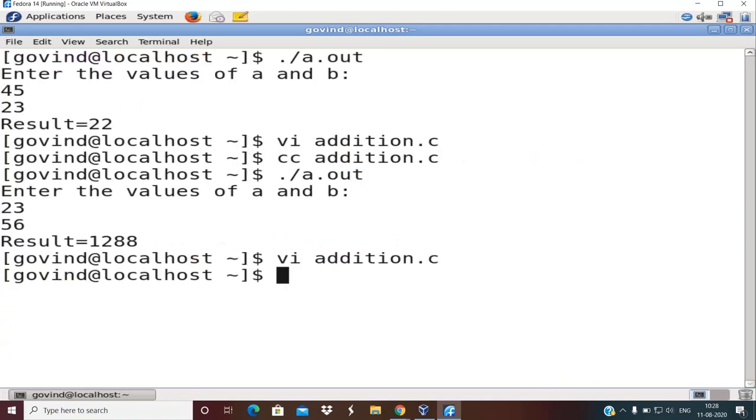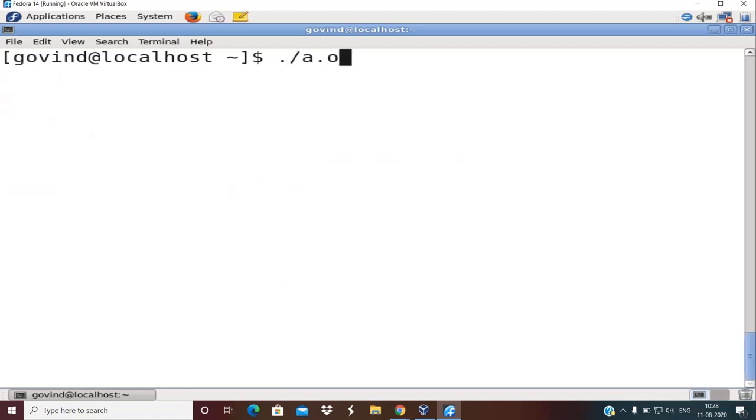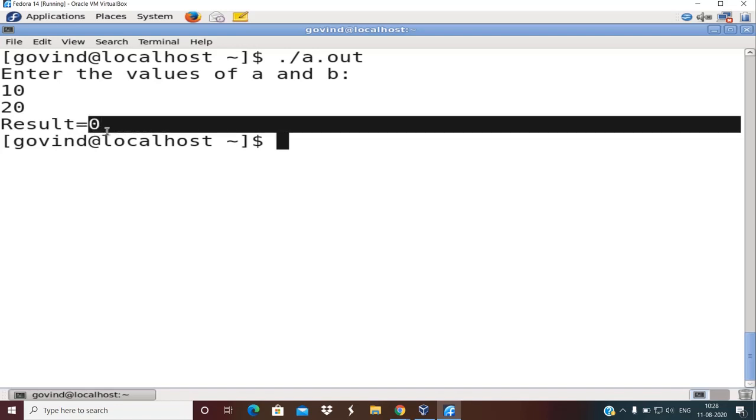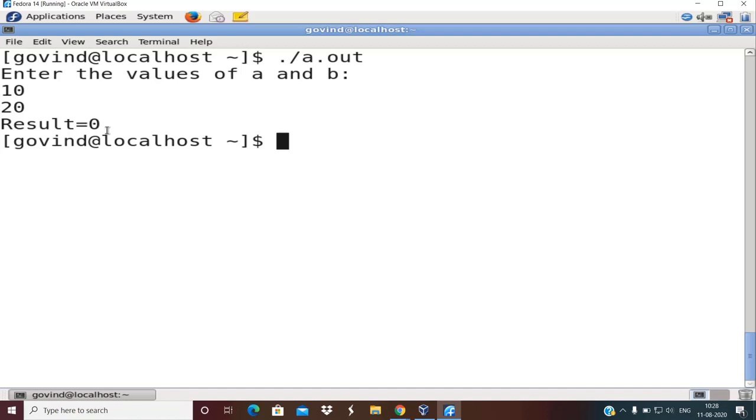Okay, now let us see what happens when I run this program. So I'll compile it now. I'm going to run it. Okay, so now I'll enter 10 and 20. What you see here is, interestingly, it is displaying the answer as 0, right? The reason behind this is actually 10 divided by 20 is 0.5, right? So why is it not displaying 0.5? The reason is C is an integer which cannot store floating point data. Hence it is displaying 0.